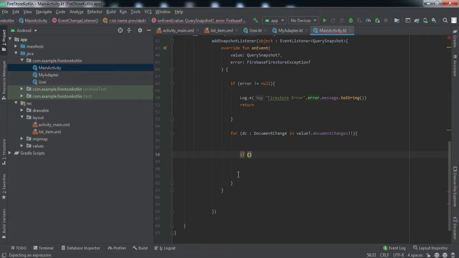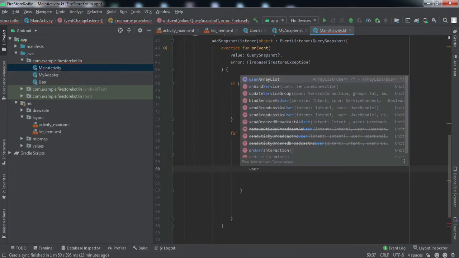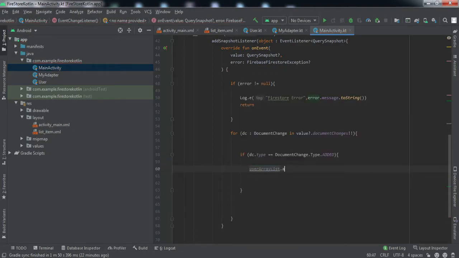If dc.getType is equal to DocumentChange.Type.ADDED, then we'll add that particular document to the user array list, the data of that document.